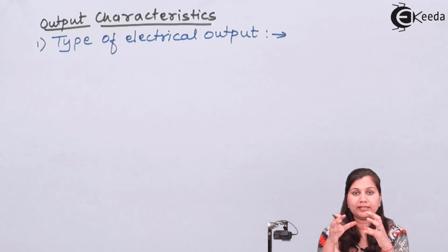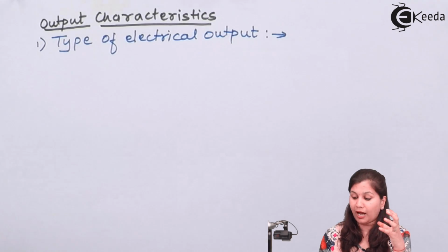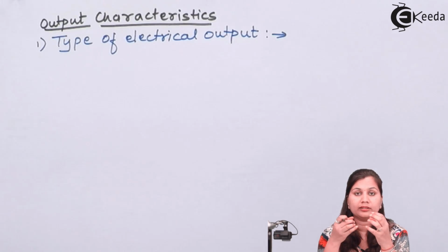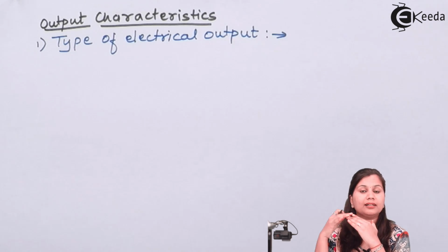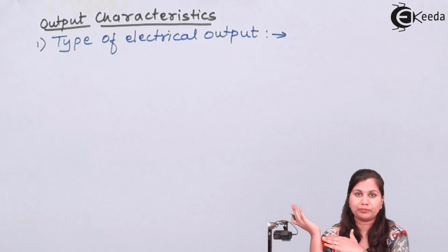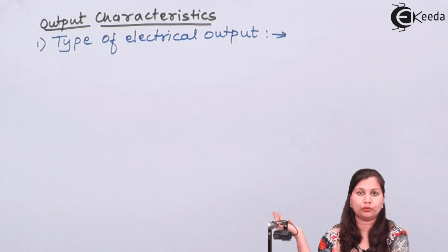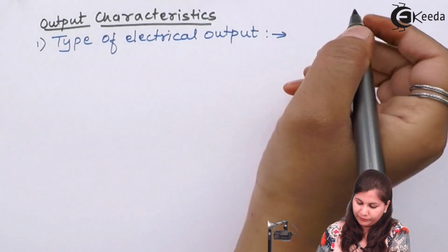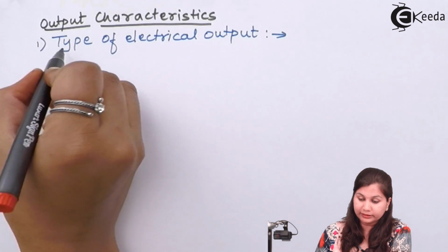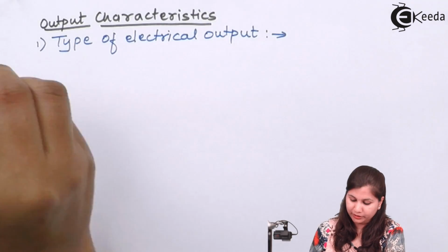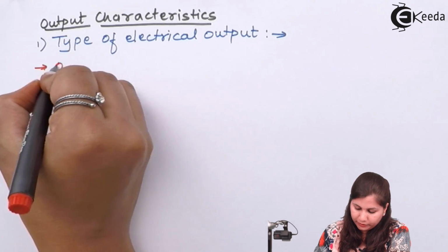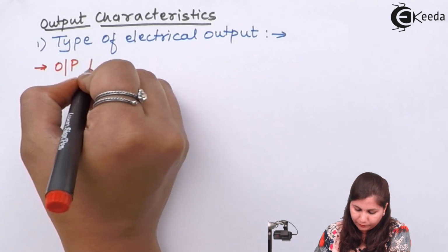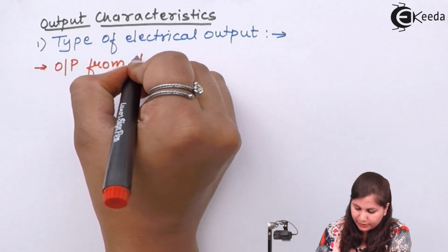Now these components should be compatible with the output of the transducer. The electrical output which the transducer is producing should be acceptable by the other stages of the measurement system, so that they can work over it. Okay, so here, under the heading of type of electrical output, we can say that output from the transducer